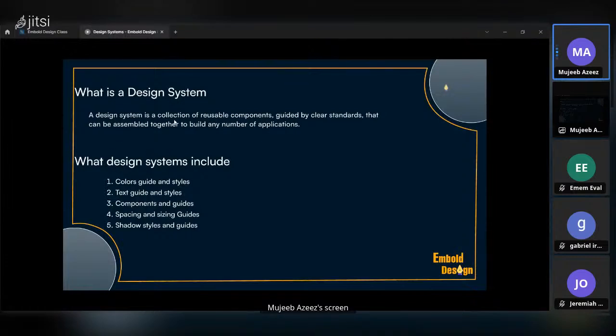A design system is a collection of usable components guided by a clear standard that can be assembled together to build any number of applications. So simply, what does this mean? A design system is a collection of usable components. It's a collection of things. Components are things like your button, your input field,